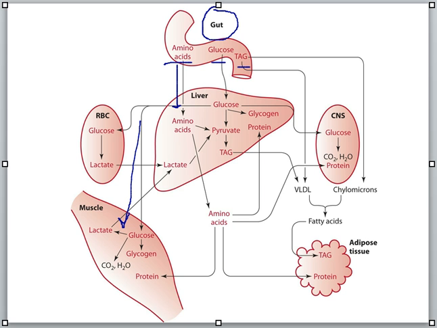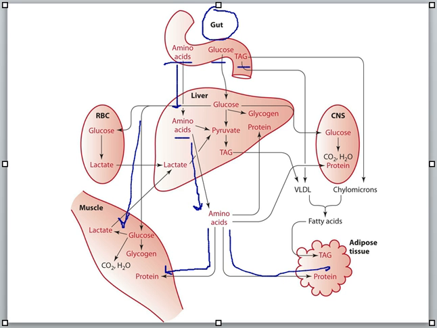But the other amino acids go into the liver, and then what the liver does with them really depends on what the body needs in terms of amino acids. So it may use non-essential amino acids to make some of the essential amino acids. It may repackage whatever needs done. That pretty much happens in the liver, and then those are transported out to other tissues as needed. Again, those can be then built into proteins for muscle tissue if necessary, or can even go into adipose tissue.